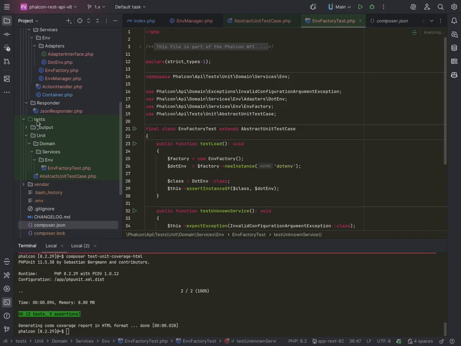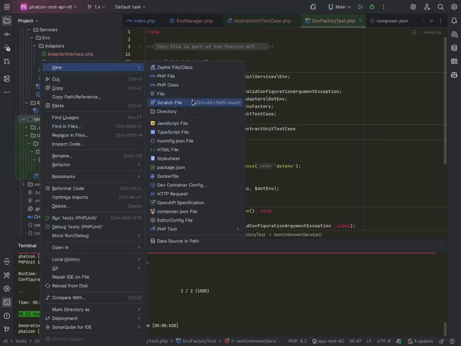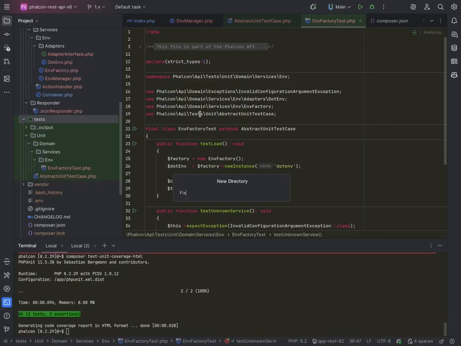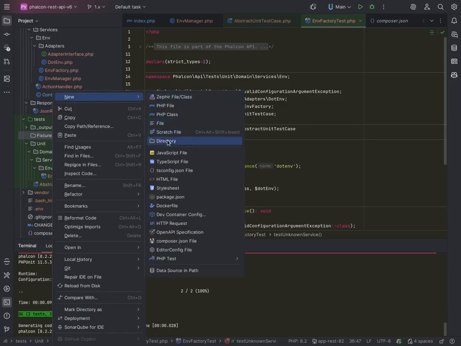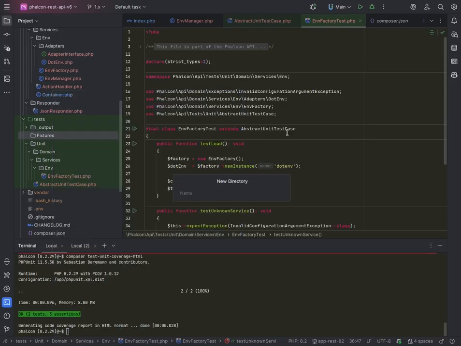Let us create a fixtures folder where we can put some assets in there so that we're able to test. For that, we're going to replicate the directory structure so that we know where things are coming from. Of course, it's not necessary. It makes it easier for me, at least, to have a look at what's going on. So we're going to have domain services env,